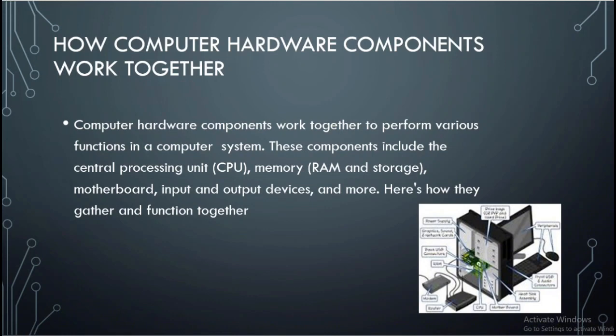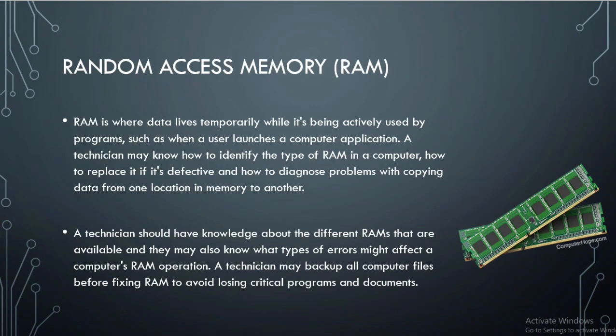These components include the central processing unit or CPU, memory, RAM, storage, motherboard, input and output devices, and more. So now let's move on to random access memory, which we can shorten to RAM. RAM, where the data lives